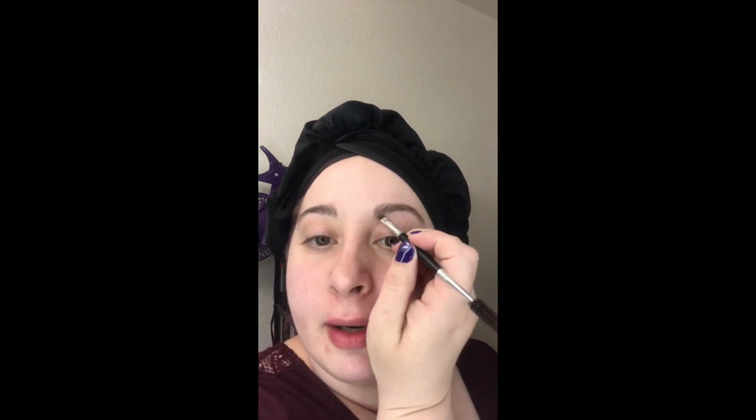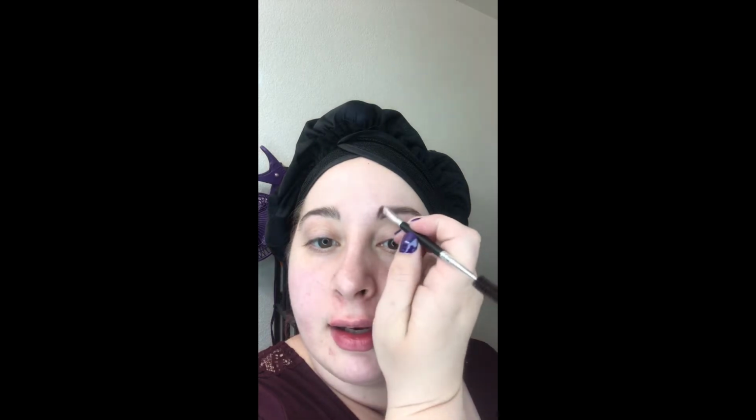I do store everything upside down because it's a little bit easier for you to be able to see as you're working. And then I'm going to take a very thin liner brush. I do find that the brushes that have more natural hairs work better than a synthetic brush. I think it spreads it a little bit easier. So I'm going to sculpt out my brow first, and then kind of make hair-like strokes as I'm going along